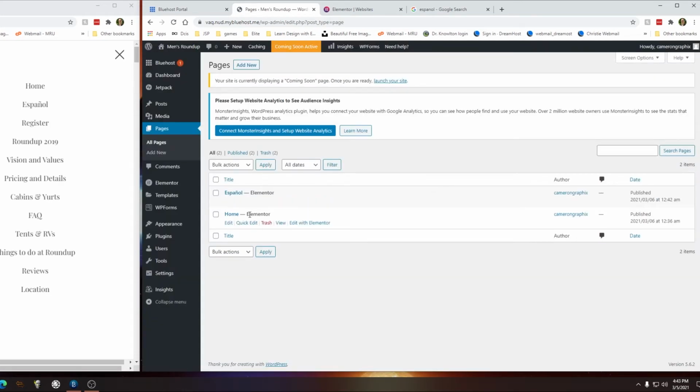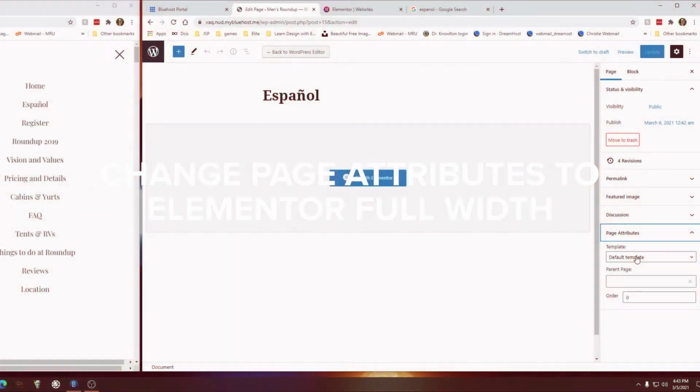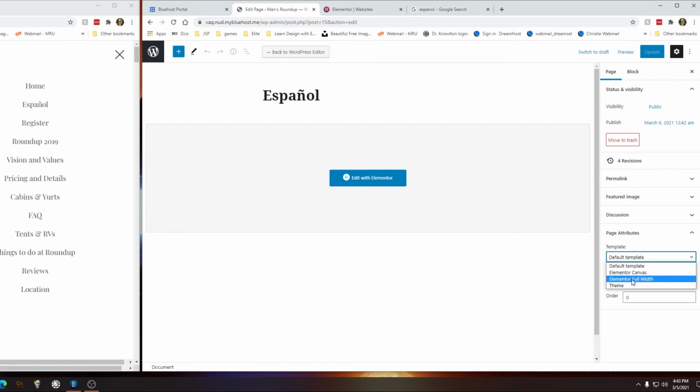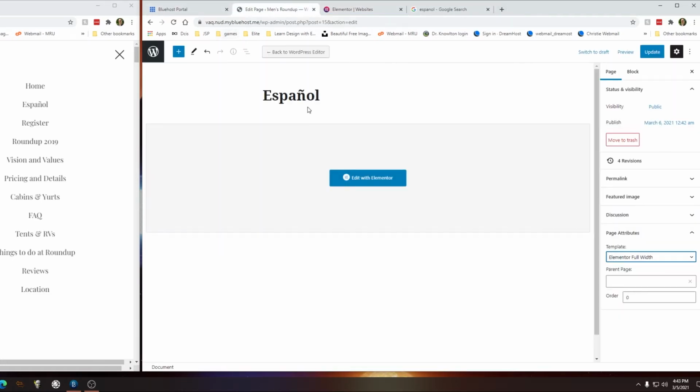So now it says Elementor. So Home Elementor, Espanol Elementor. And Edit with Elementor is now an option, which it was not before. I need to edit it. And the reason why I need to edit it is I need to change this page attribute from default template to Elementor full width. If you don't do that, what you'll end up with is this weird thing where, like,